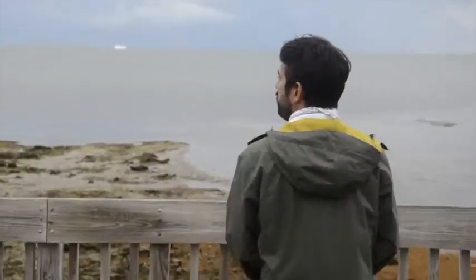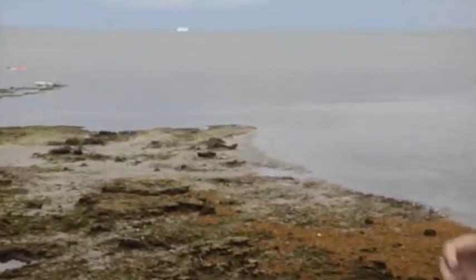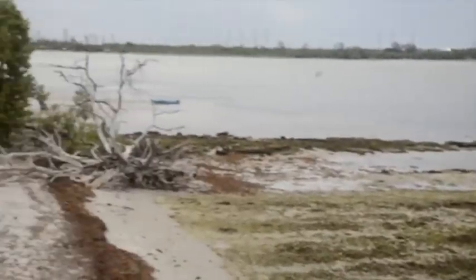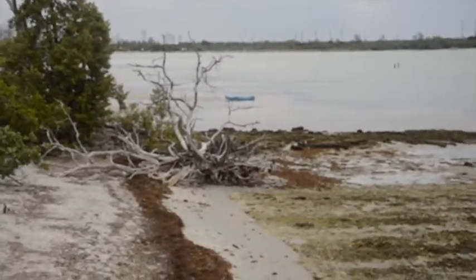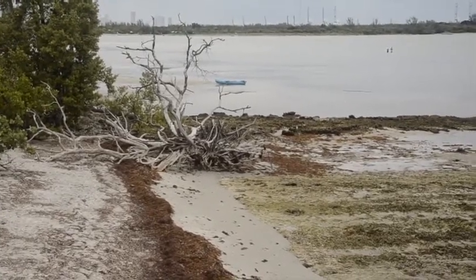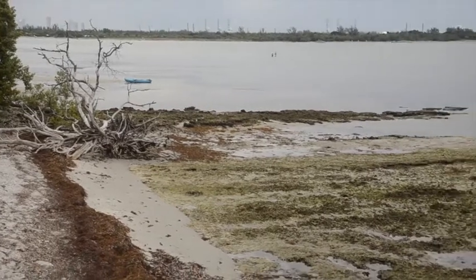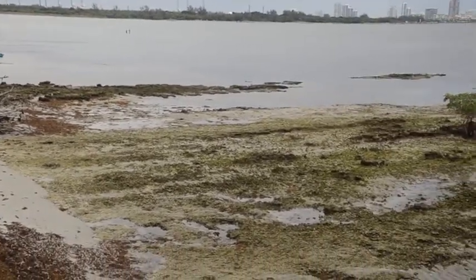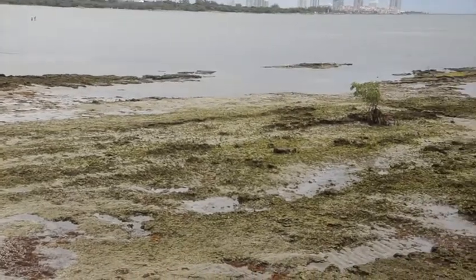So this formed, as you can see, the mangrove ecosystem comes right up and along the preserve here and along the cut. It used to extend out quite a bit farther into the cut. About 6,000 years ago, a storm came through and took a lot of the sand off of these sandbars that you're seeing and dumped it on top of those mangroves. And those roots, with the pressure and